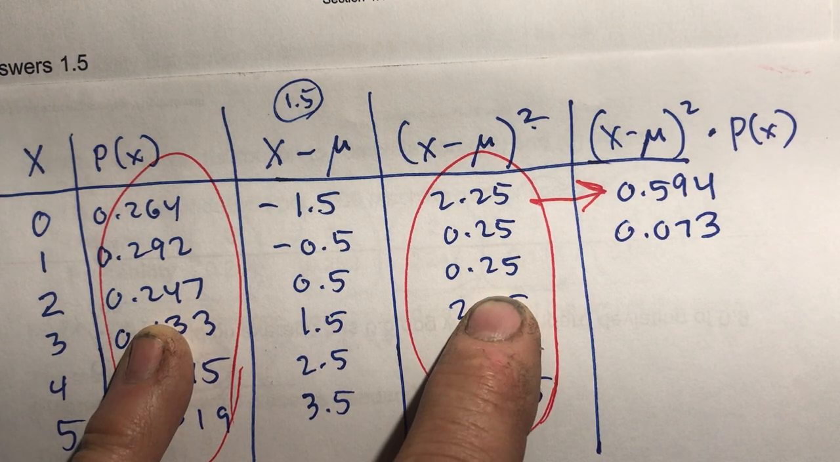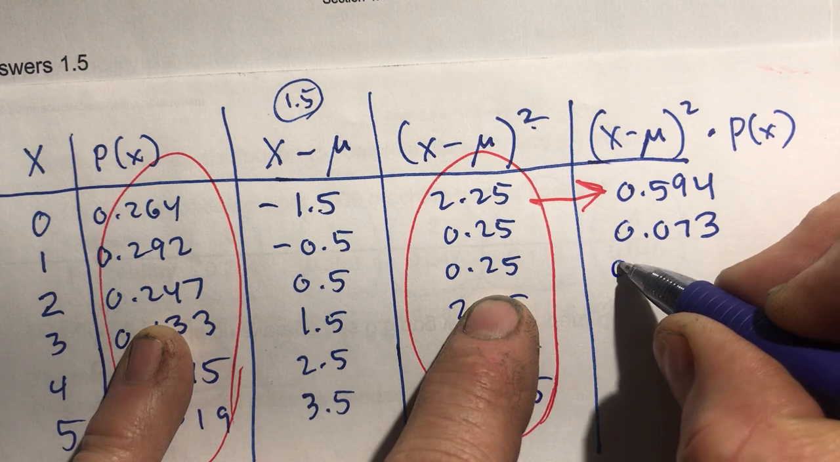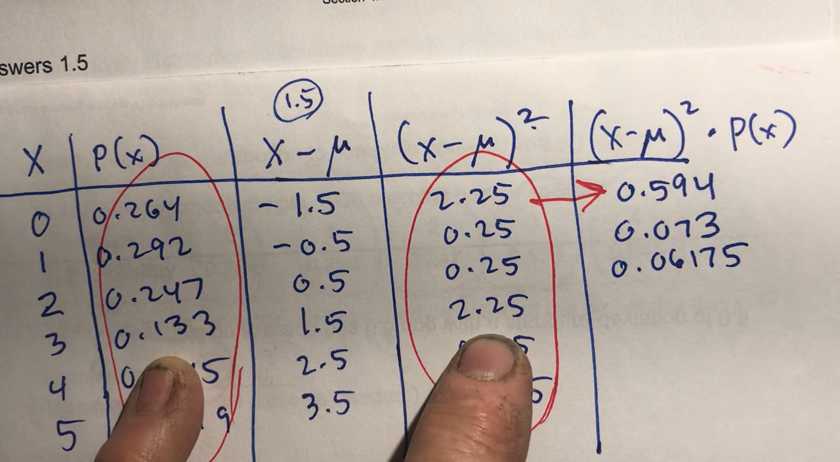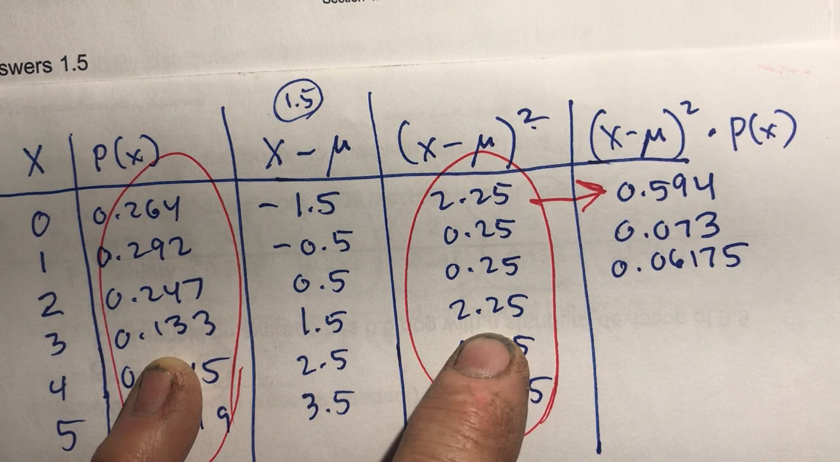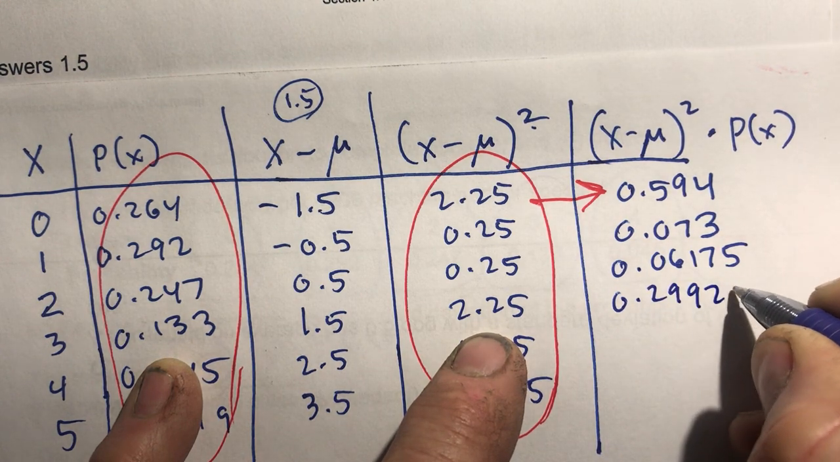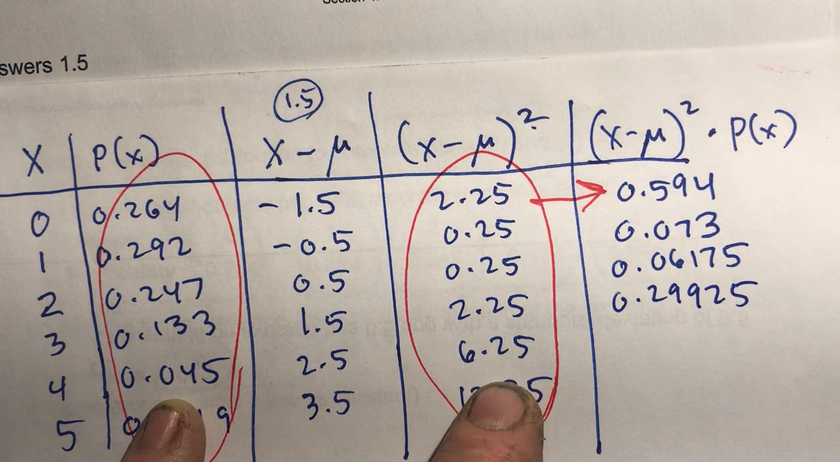0.247 times 0.25 is 0.06175. I multiply these, 0.133 times 2.25, and that is 0.29925. Do these two right here,